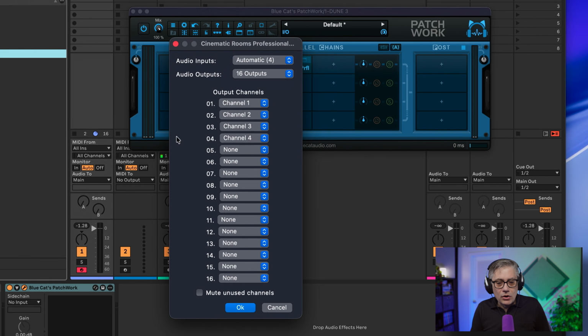And then you see how these output channels are routed. And here is where we encounter the bug, because the plugin thinks it only has 4 channels available and only gives us the option to select 4 individual channels internally, so we don't have any additional channels. This, unfortunately, is only the case for the effects plugin. We will see later that in the instrument plugin, this actually works. In the instrument plugin, we will have all 16 channels available. Not quite sure why this is the case for the effects plugin.